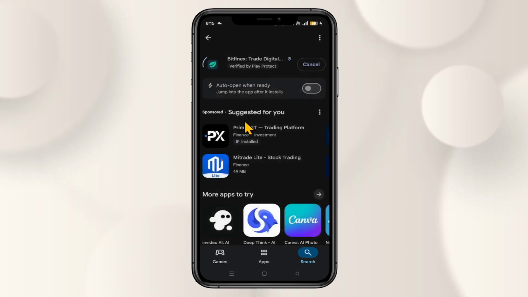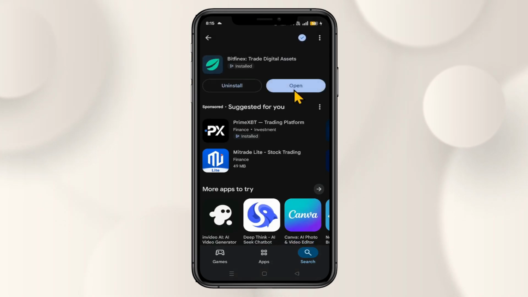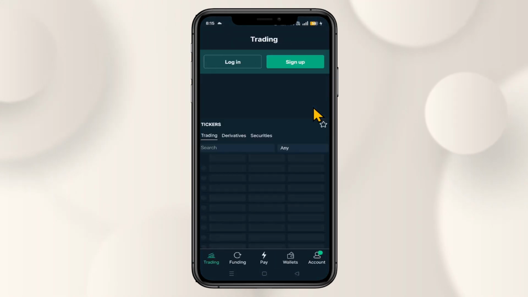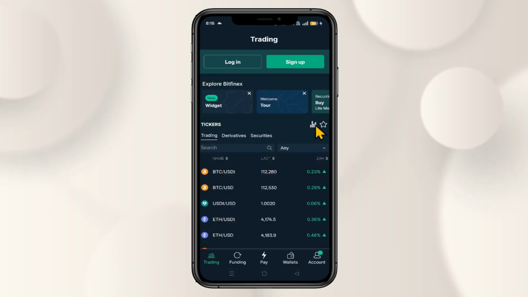Tap on the install button and this will begin the download and installation of the Bitfinex app on your device. Just wait until the process is completed, and once it is done, you will see the open button. You can then tap on this button to open up the app, and once it is opened up, you can log into your existing account or sign up to create a new one to start using the Bitfinex trading app